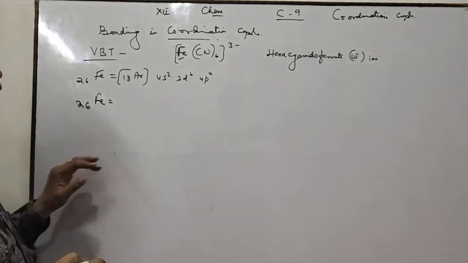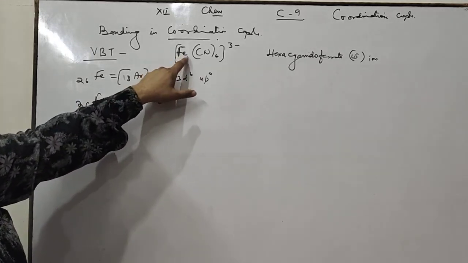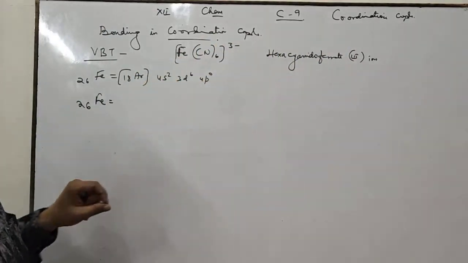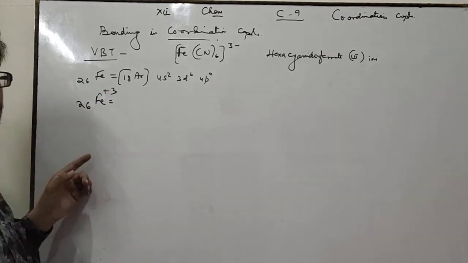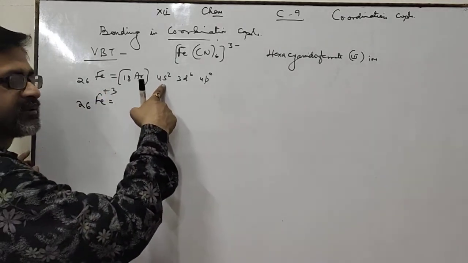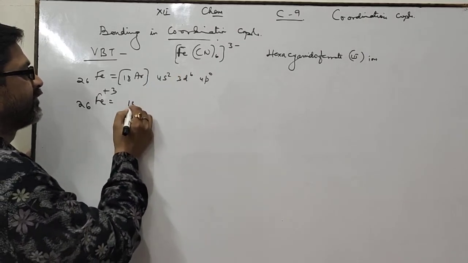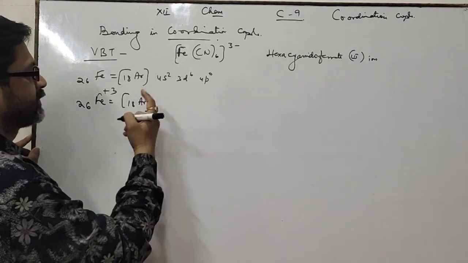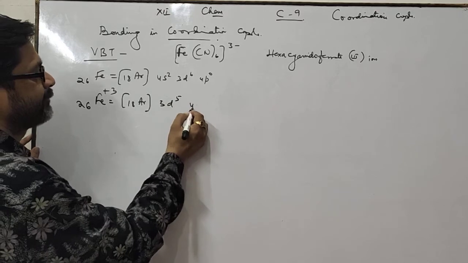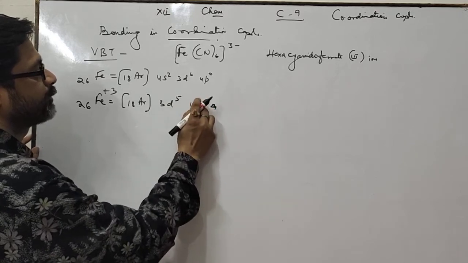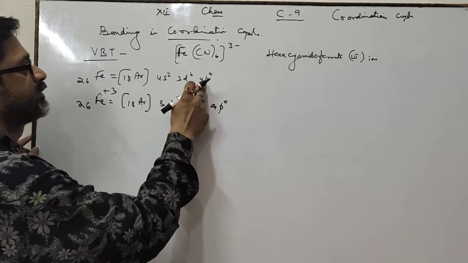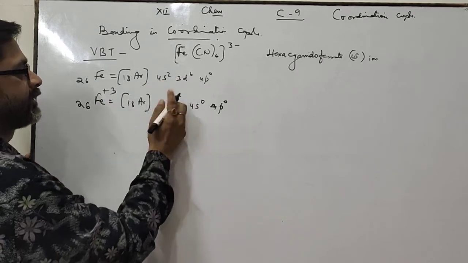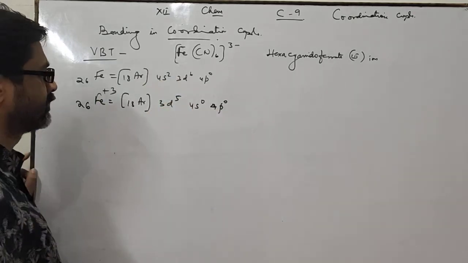Fe 26. Now the oxidation number of Fe will be +3. You can calculate here +3. Fe contains +3 charge, which means Fe loses 3 electrons, 2 electrons from the 4s and 1 electron from 3d, which you have already read in class 11th. To write the electronic configuration of these positive ions, it becomes 3d5, 4s2 and 4p0. 2 electrons from here and 1 electron from here get removed and it becomes 3d5, 4s0, 4p0.